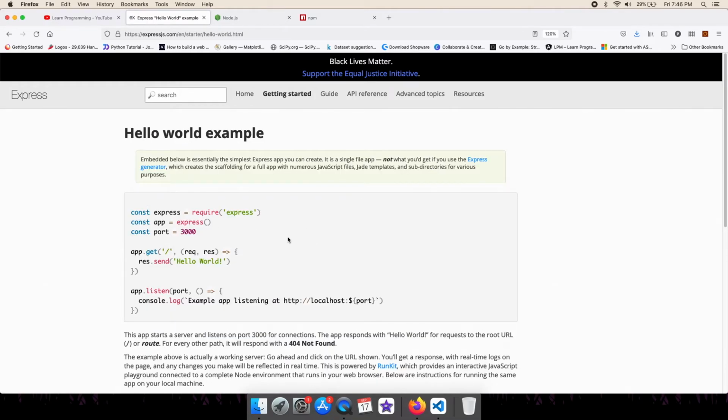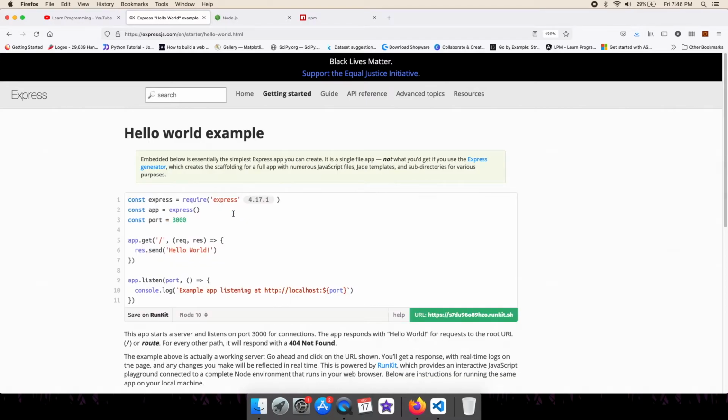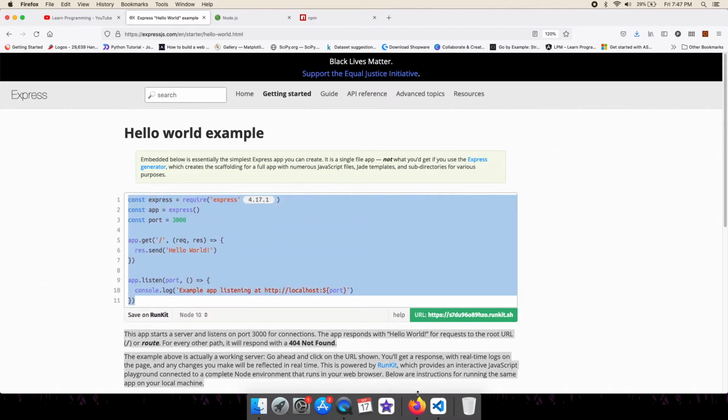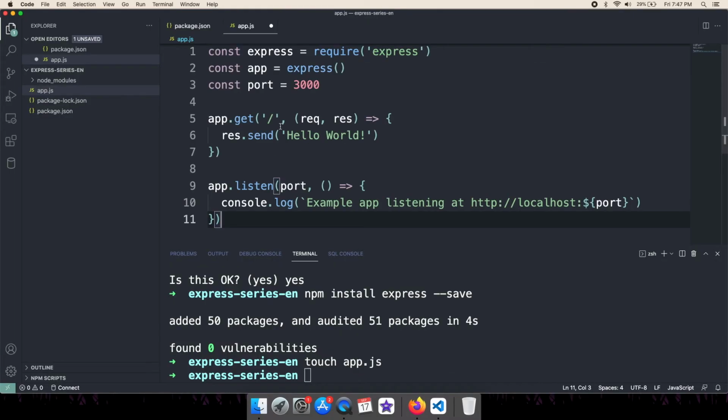And here you can see they have imported the express module, because we have installed express using the npm command, and it will be available in our application. So you can directly import it into your project folder and just start writing the code, and I will be explaining this code in a moment.